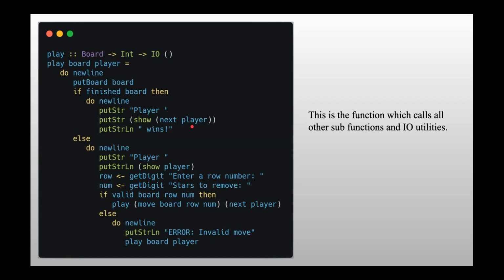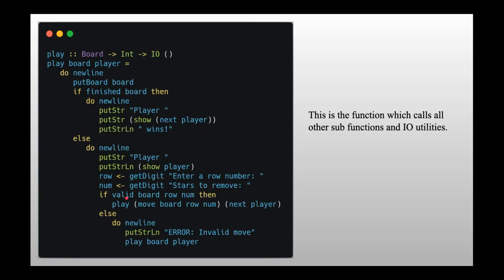If the board is not finished, then we will take input from the user, that player. We are displaying just a message, printing a new line, then the player number, and then prompting to enter a row number, and taking it, saving it in a row, then the next digit, the number of stars to remove.